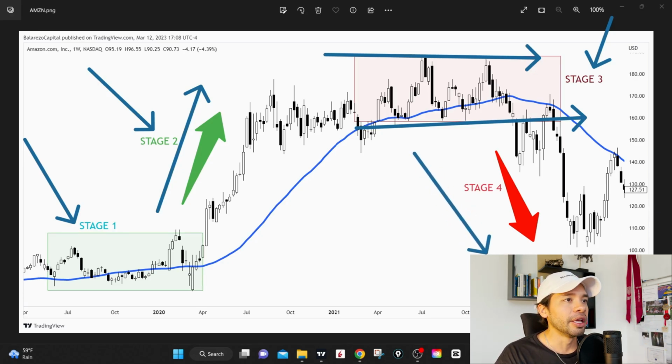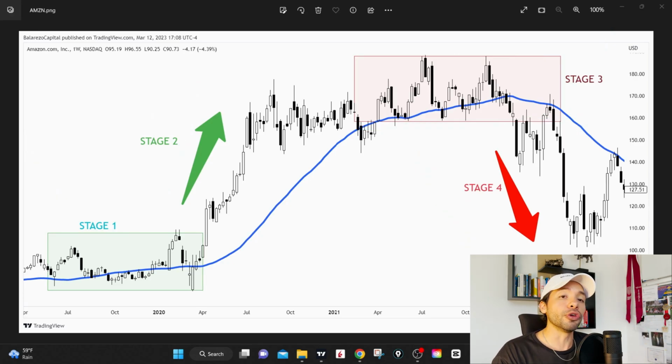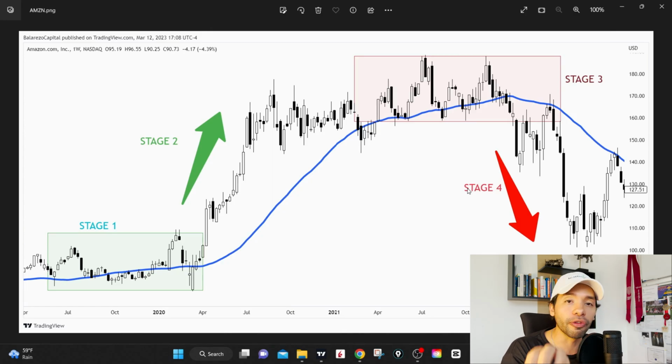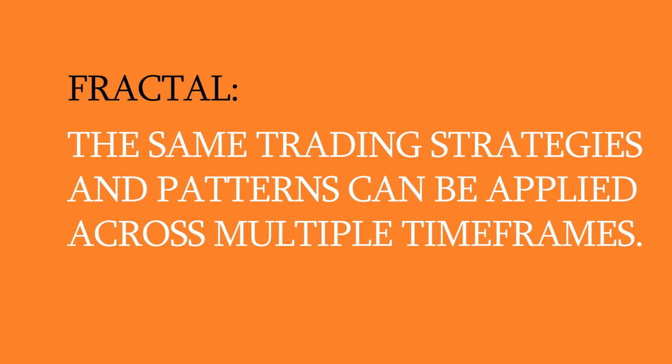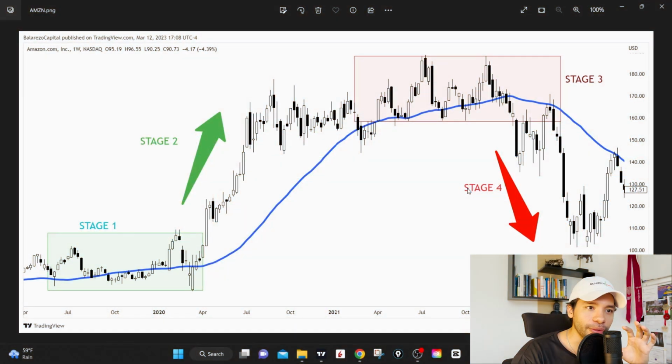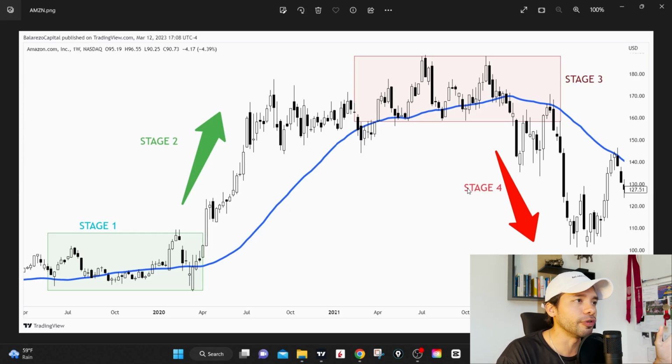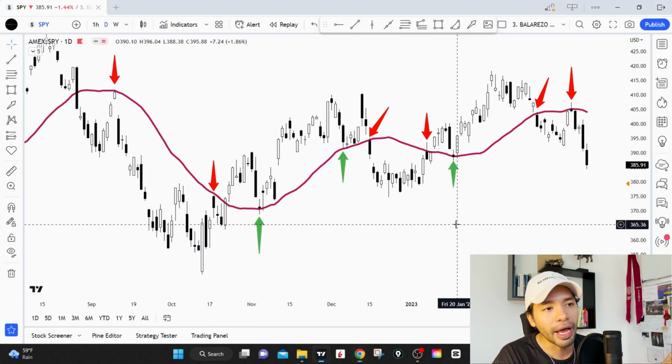Now, I'm not sure if you're familiar with the term fractal. Basically, fractal means that the same trading strategies and patterns can be applied across multiple time frames. Now, if we go back to the 30 daily moving average, going back to our chart in the SPY, the 30 daily moving average